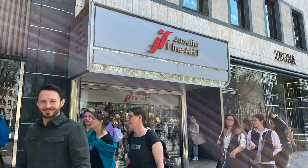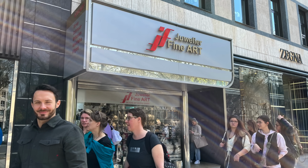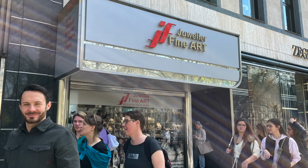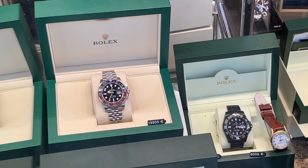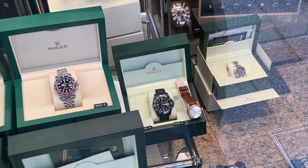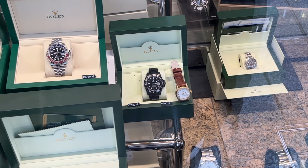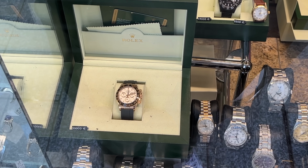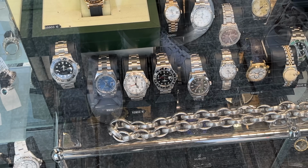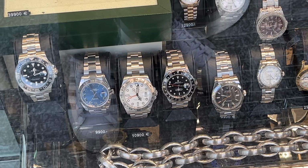The first store we will have a look at is this small pre-owned watch store that sells most of the highly sought after Rolex watches. In the display we find a Rolex Pepsi for €20,000, a full gold Daytona with ceramic bezel for €40,000, a white Explorer 2 for €10,900,